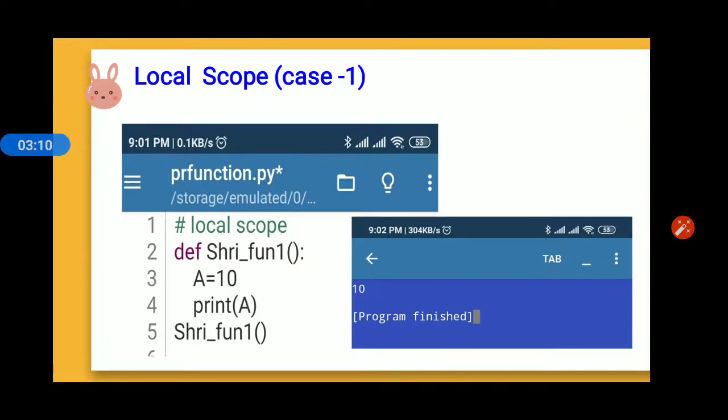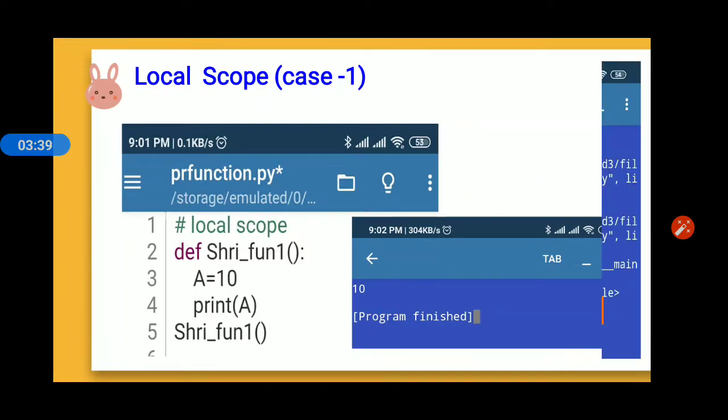So when we call this function, in the fifth line of code, the function Shri_fun1 is called. When this function is called, you can check the output screen. The output screen will give you the value of a, that is 10, and it is correctly displayed.